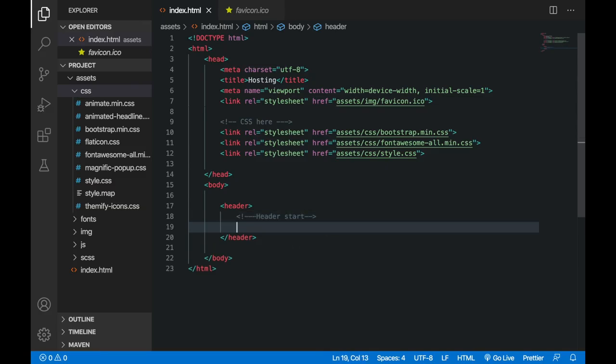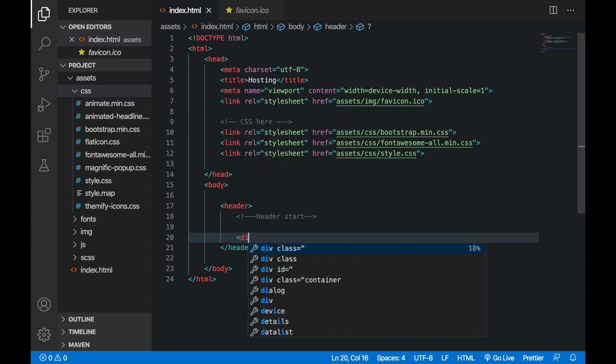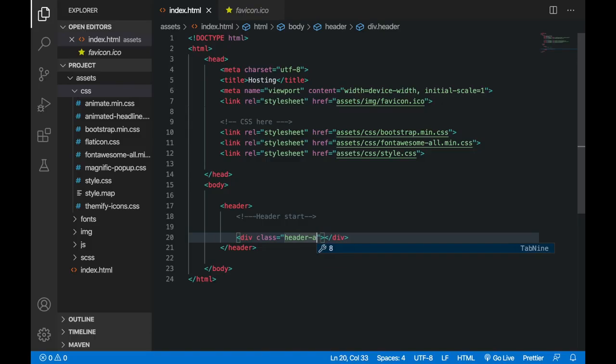So the first thing that I will do, I am going to create a container. So div for that, and I will give it a class, and the class name is going to be header area, and this is going to be my bootstrap class, the second class, and that is header transparent.